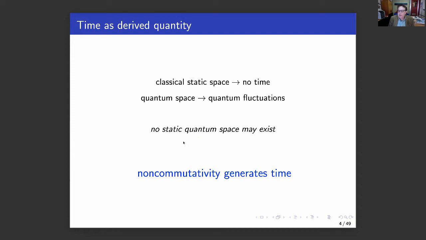But then, if you have several configurations, then you order. So something comes first and something comes later, and then times appear just as an ordering of different configurations. But when we go to quantum spacetime, there is this phenomenon of quantum fluctuation. There is no static quantum spacetime, just because there is always creation and annihilation of particles, for extremely short time,